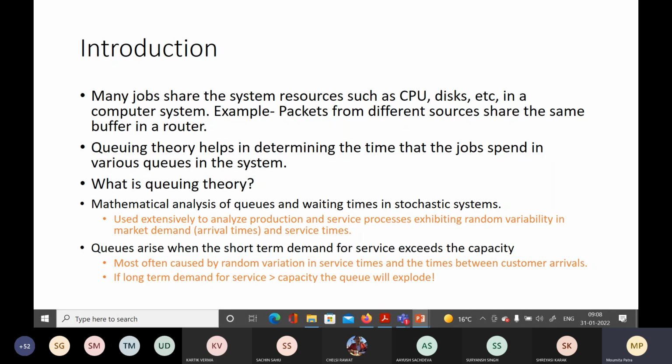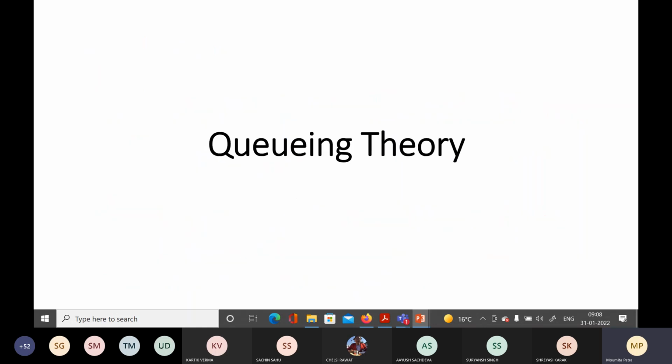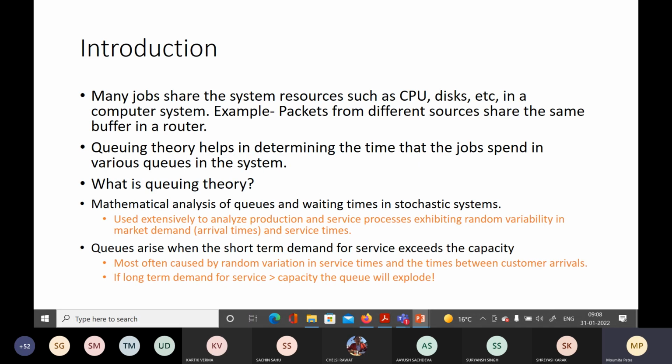We will see how it works out. There have been certain mistakes in the spelling of queuing theory in this. The correct spelling is QUEUEING, so please remember that and work accordingly. If I have made any mistakes here, pardon me for that.